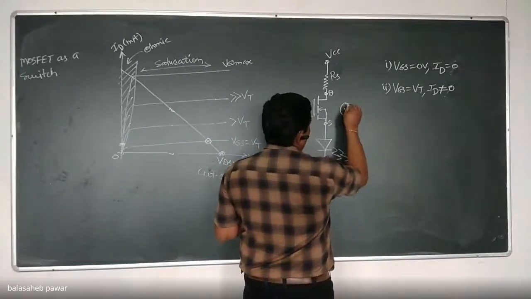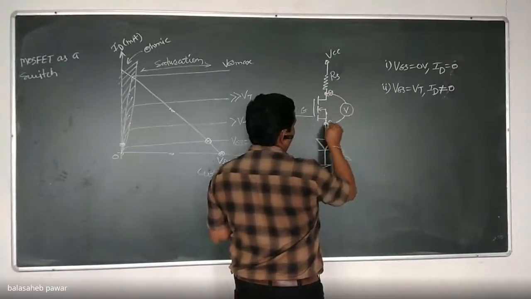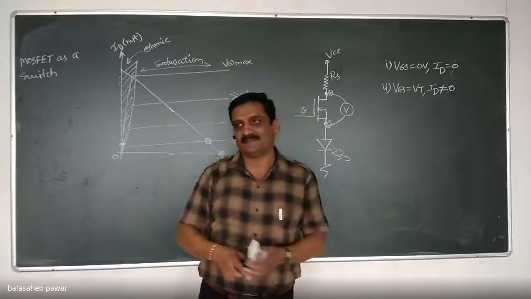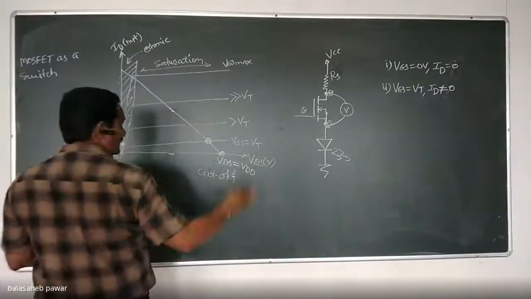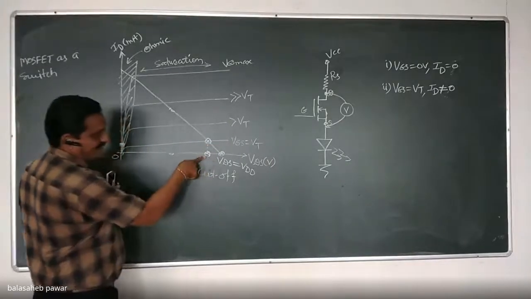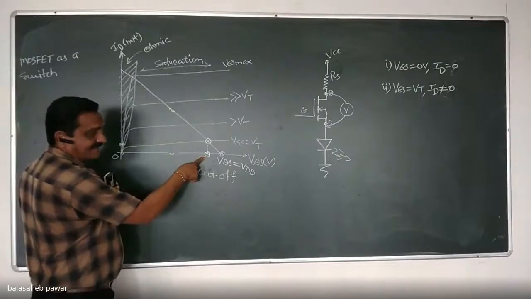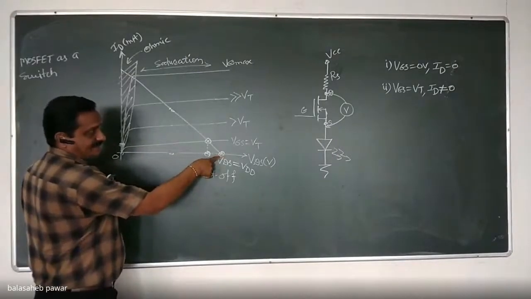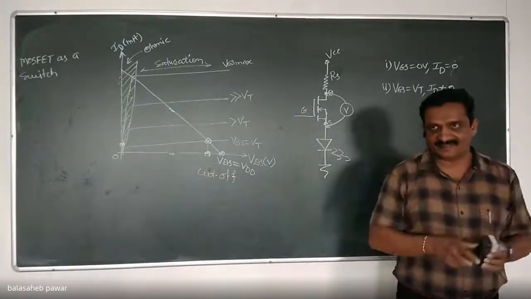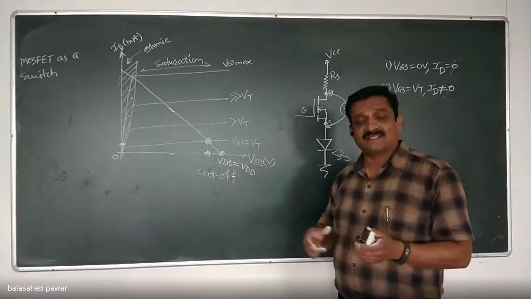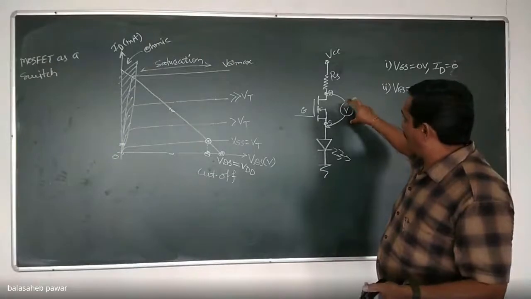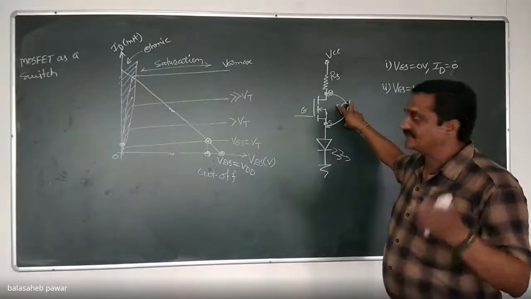Now, that very high resistance. If we try to measure the voltage drop across that switch, how much will it be? It will be very high, correct? Because it offers very high resistance. See, this much will be the VDS now, correct? It will be approximately equal to VDD because we are applying a very small gate to source voltage, and hence a very weak channel gets formed, and hence a very high resistive channel will be there between drain and source, and hence we can say there will be more voltage drop across it, correct?